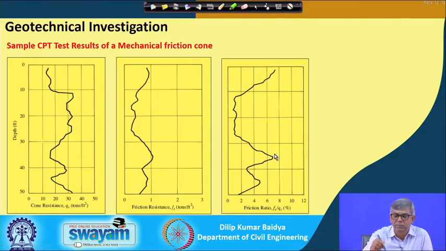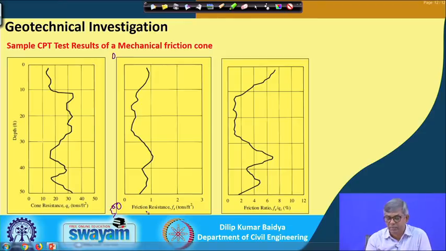and you can see this is the way we get the cone resistance, qc, that is the total resistance over depth. So, for 0 to 50 meters the resistance profile is given, and if the friction resistance is separated, then over depth, 0 to 50 meters, this is the distribution we get. And another, Fs by qc in percent, can also be obtained.